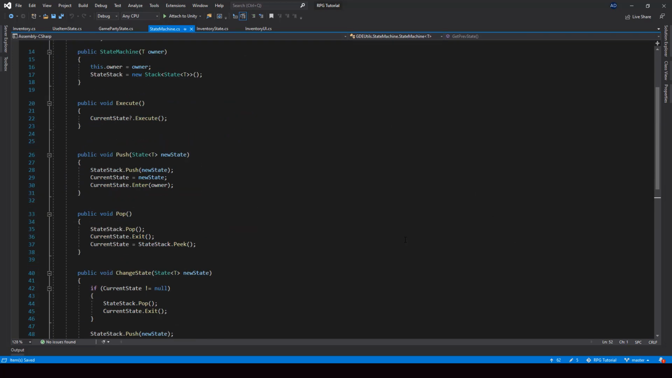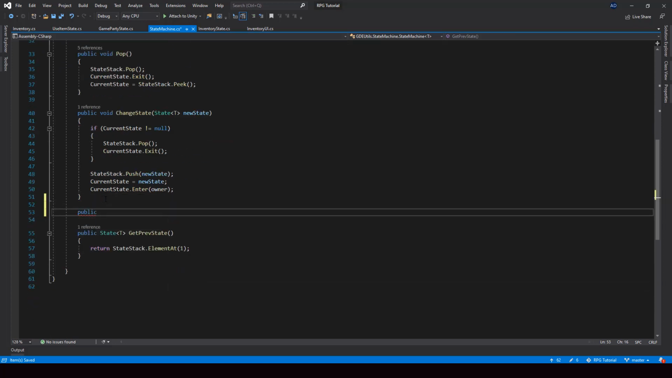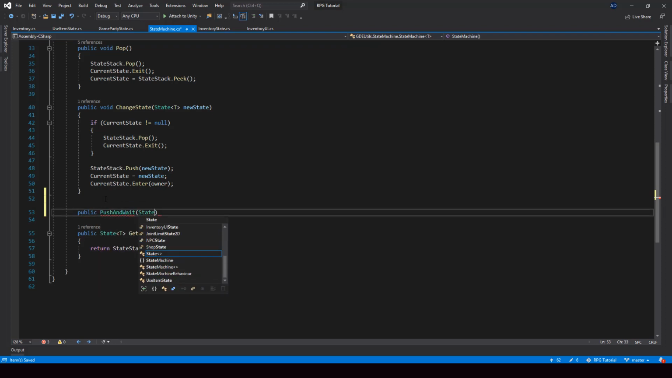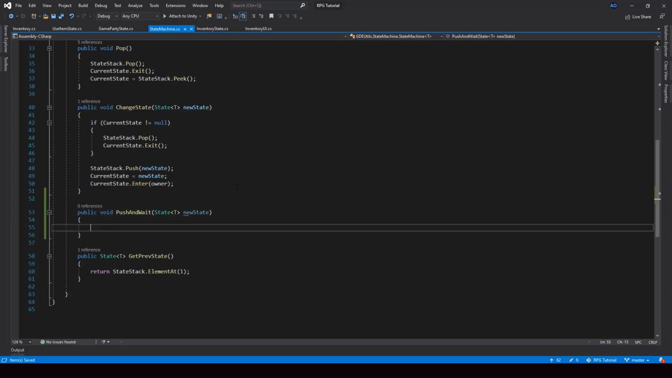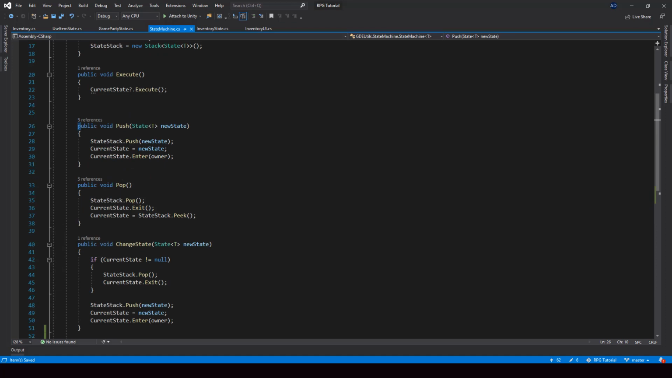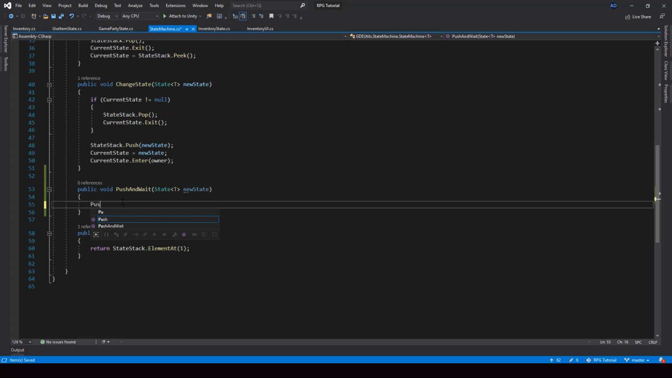So in the state machine, I'll create a new function called push and wait. This will take a new state that we want to push. Let me make this a void function. All right, so from this function, to push the state, we can simply call our push function. So from here I'll call the push function for pushing the new state,